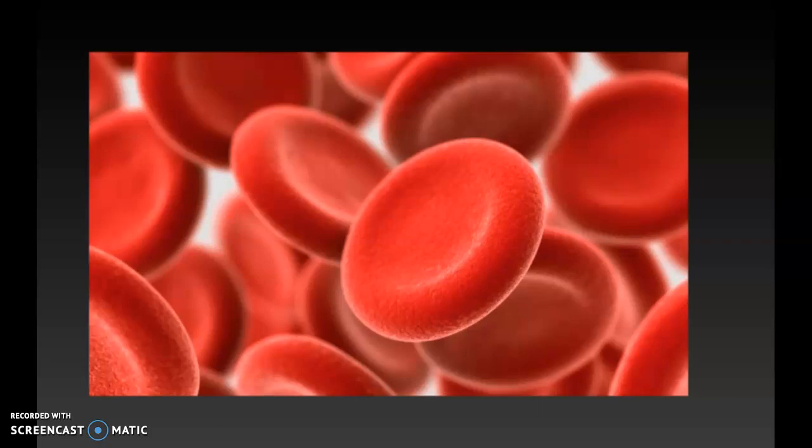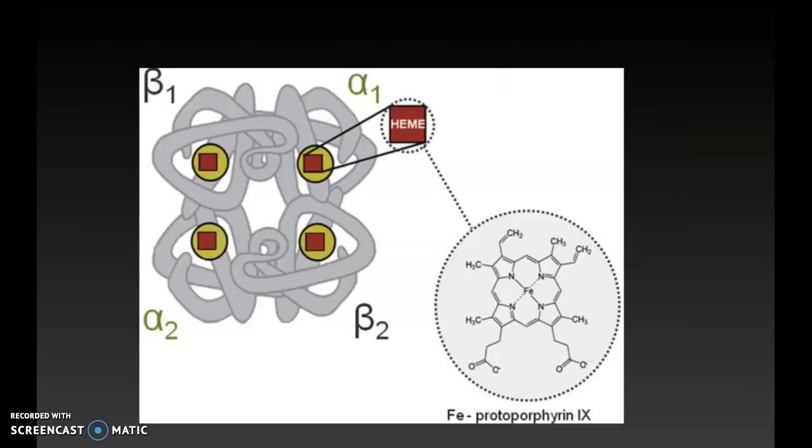Here's a red blood cell, where a single red blood cell can contain up to 300 million hemoglobin molecules. Each hemoglobin molecule is a tetramer with 2 alpha and 2 beta subunits. So you've got your 2 alpha and 2 beta subunits, and each subunit has a heme group on it, as you can see there. And the heme group magnified up